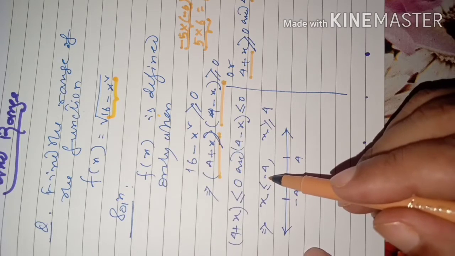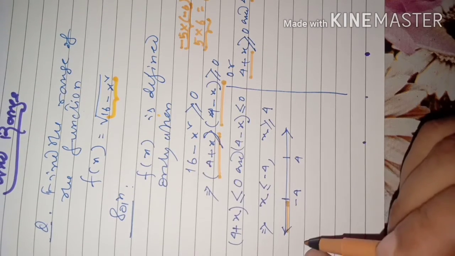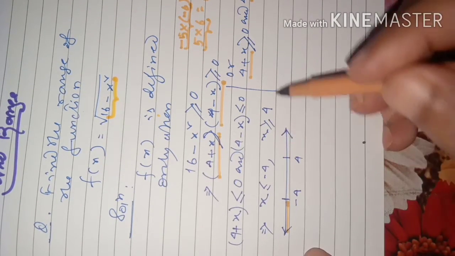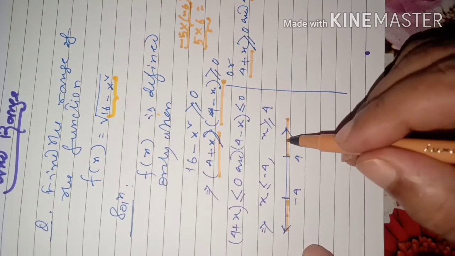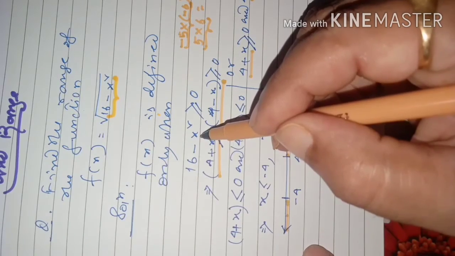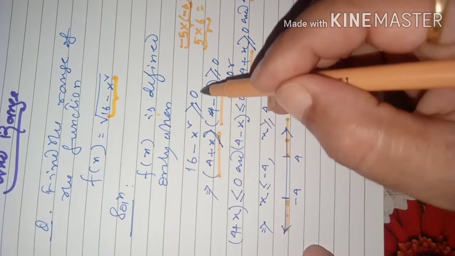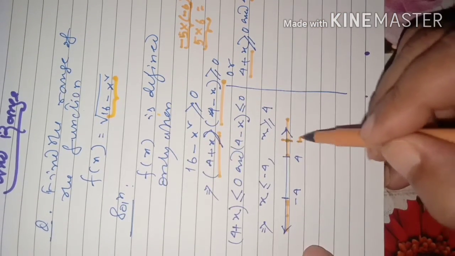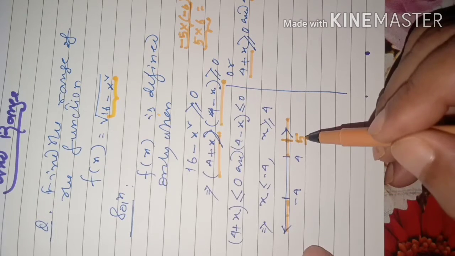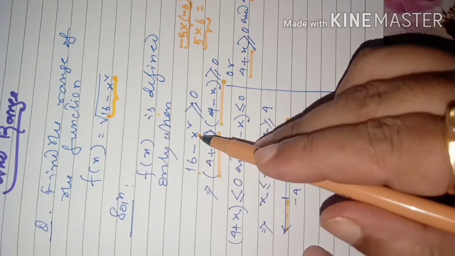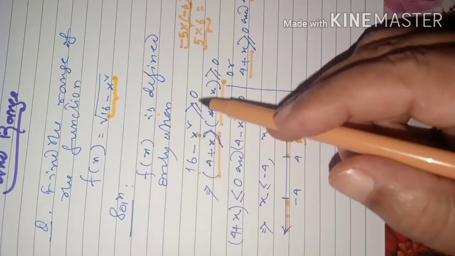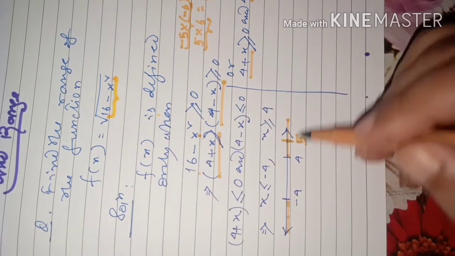this tells us to take the left hand side of minus 4, means this side. This tells us to take the right hand side of plus 4. Then from here, if you take any value here, will this result be greater than 0? Think, suppose I take 5, because after 4, 5 comes. Here 5 square is 25, 16 minus 25 is minus 9. Will it be greater than 0? No, it will not satisfy.